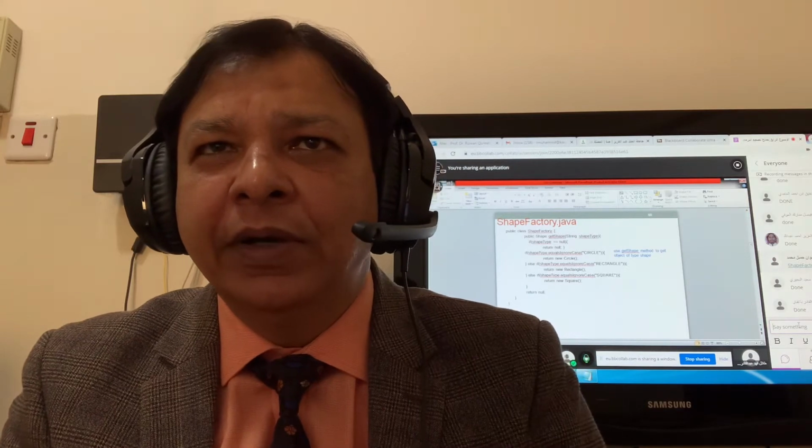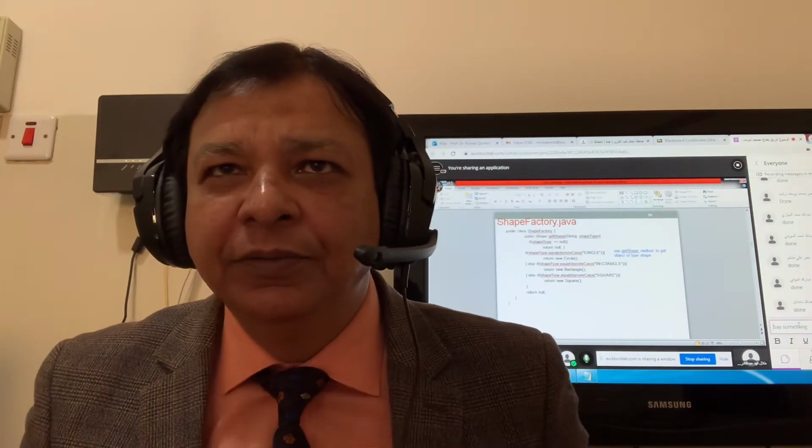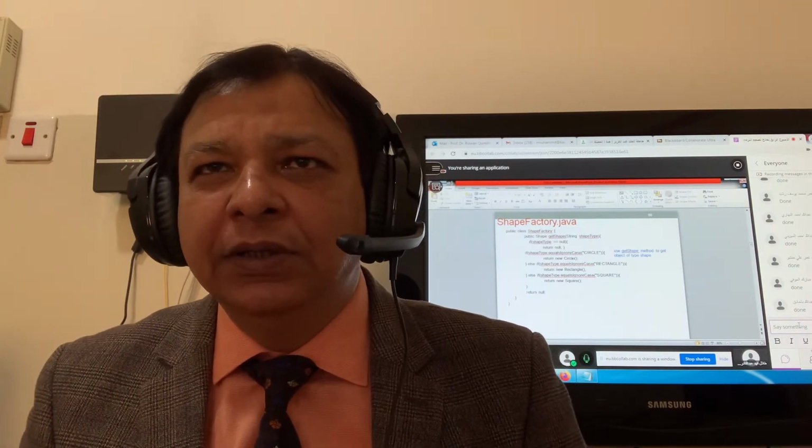Our method has null, circle, rectangle or square conditions, and returns new Square and otherwise null. So the getShape method gets an object of type Shape, and Shape is our interface, and our class name is ShapeFactory. This ShapeFactory.java is our factory to have objects of circle, rectangle and square. Now we have our main, FactoryPatternDemo.java.